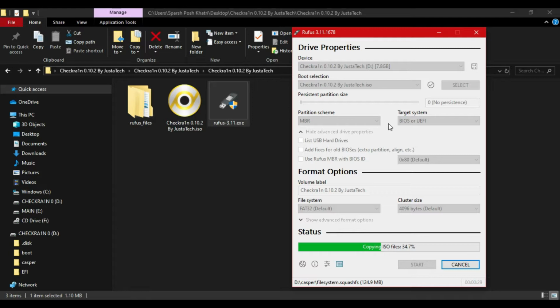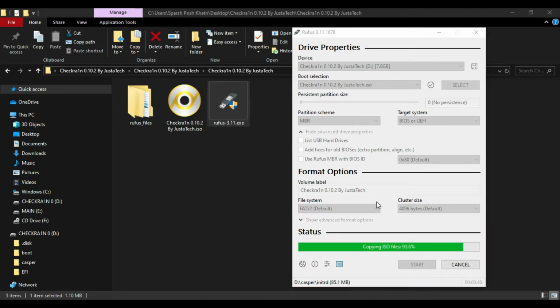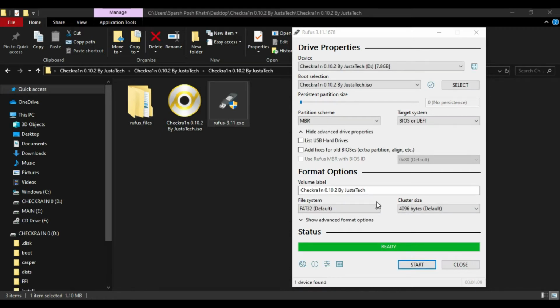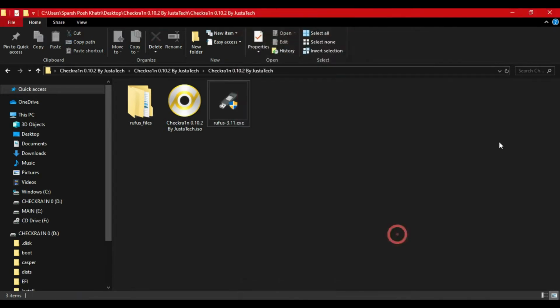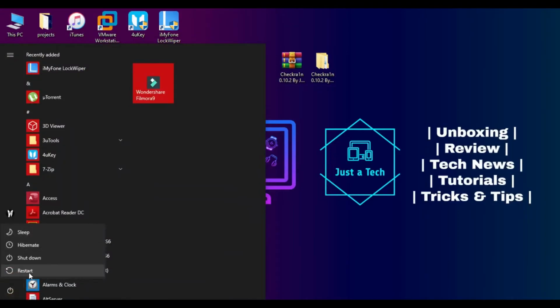It will not take too much time. Okay, now your process is completed. Just close the Rufus software and restart your PC.